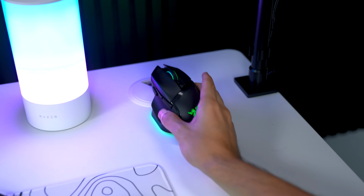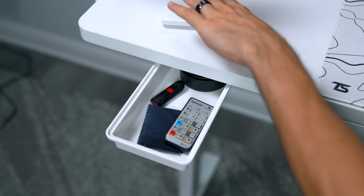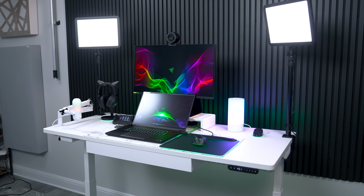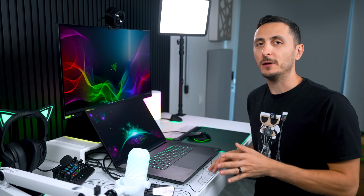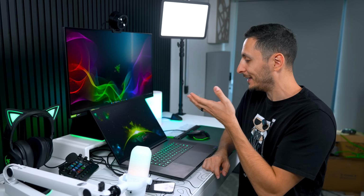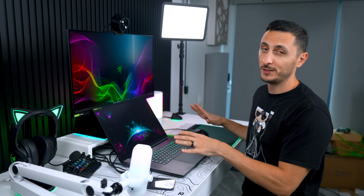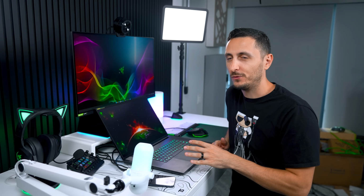We can dock our mouse to charge it conveniently. We have additional storage space to keep the surface neat and tidy, and the amazing Vernal standing desk gives us the option to stand up and stretch the legs, promoting a healthy lifestyle. This is a true testament to prove that you don't need a desktop PC to build a fully functioning streaming setup. You can actually do it with a laptop, given that you have the specs to push your gear, of course. I know I have an RTX 4090 laptop GPU in here,